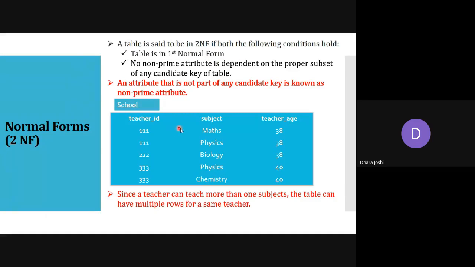But you can see that for teacher ID, subject and teacher age, the candidate key is the combination of these two, that means teacher ID and subject.